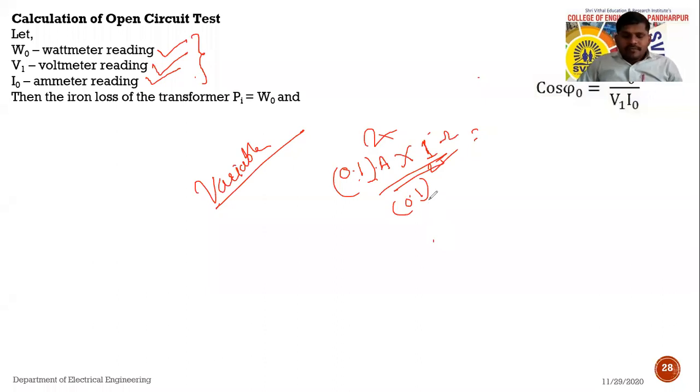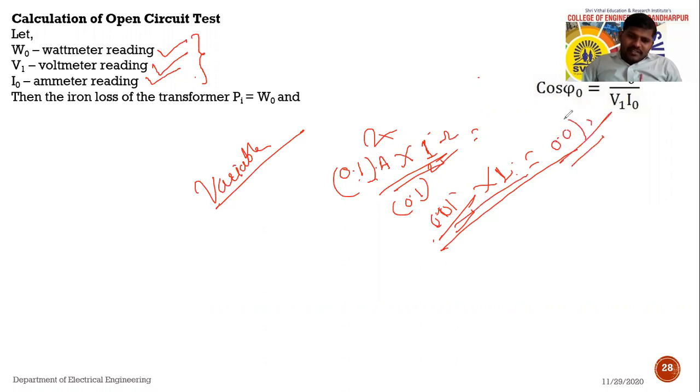How much? 0.01. If the current is 0.01 and it is multiplied by value 1, how much is the copper loss? 0.01. So it is very less. So we are neglecting